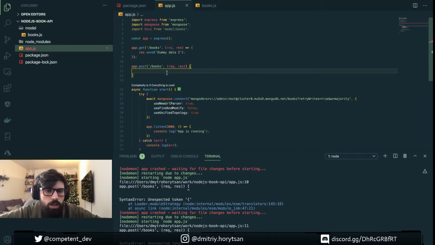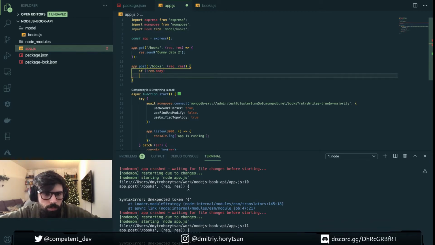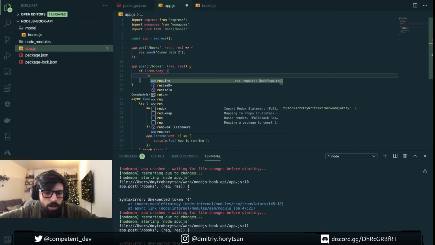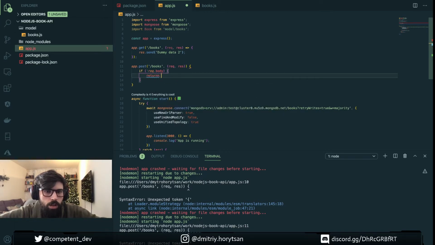And then in post, we're gonna check if our request body, so your request has a body where you send your title, your model, especially for a post request. And if it's not there, we just